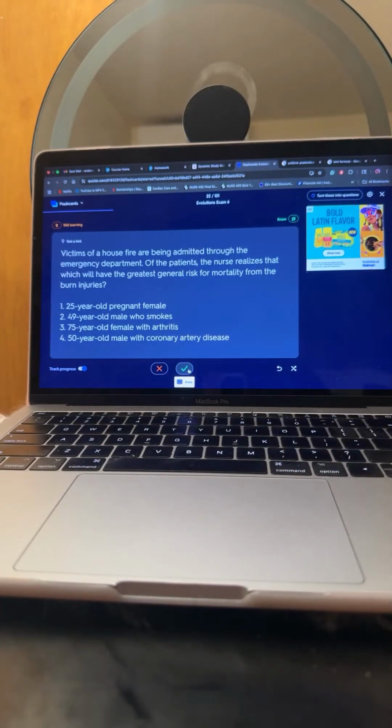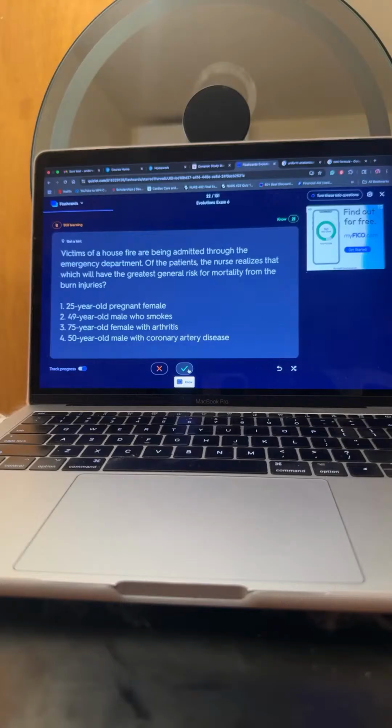Victims of a house fire. Okay, we're moving on to burns. We're getting into the burns questions. Victims of a house fire are being admitted through the emergency department. Of the patients, the nurse realizes that which will have the greatest general risk for mortality from burn injuries? A 25-year-old pregnant woman, a 49-year-old man who smokes, a 75-year-old female with arthritis, or a 50-year-old male with coronary artery disease. And I'm going to go with the